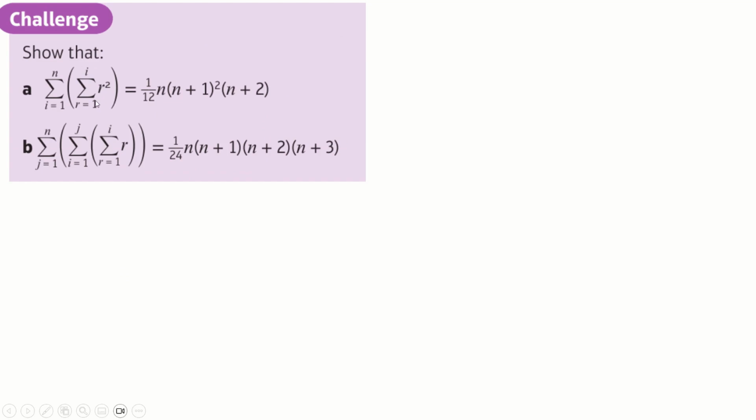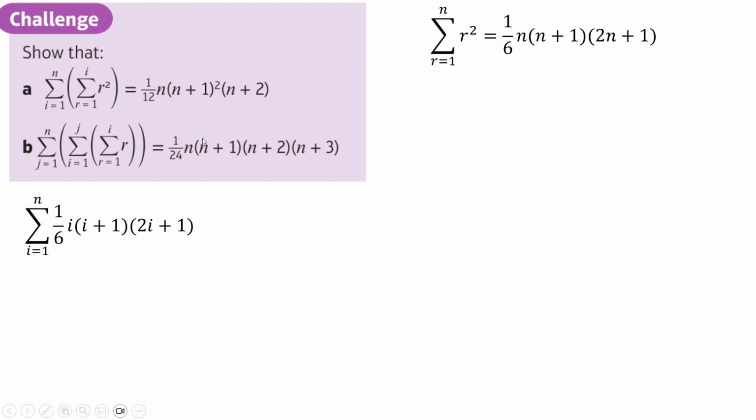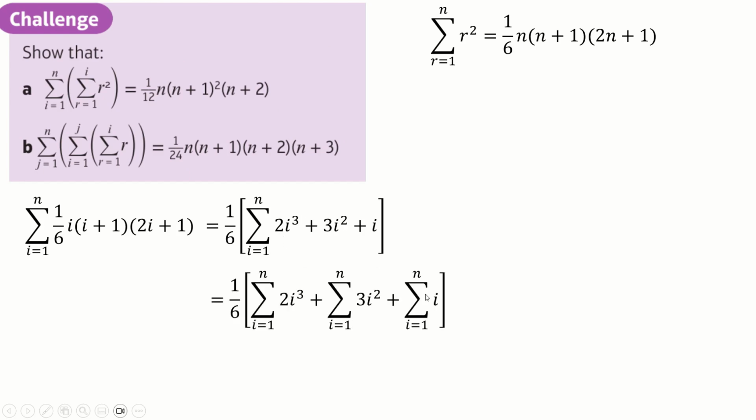Anyway, these last two questions are nice because it's just getting out some algebra and doing it. So the sum of r squared is this result here, so just plug in some i's. Expand all this out and factorize out the 6th, and then just do the sum of 2 lots of i cubed, 3 the sum of i squared, and i, and so on, because we have the results for i cubed, we have the results for i squared, and we have the results for i, so we can put all those in,